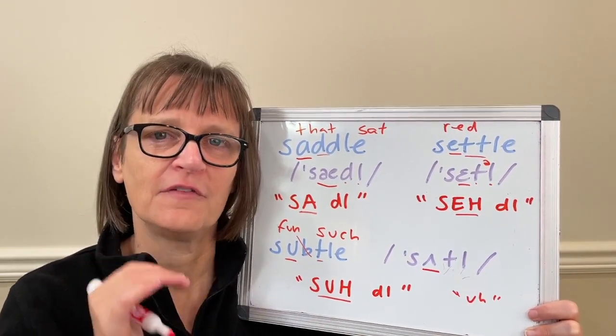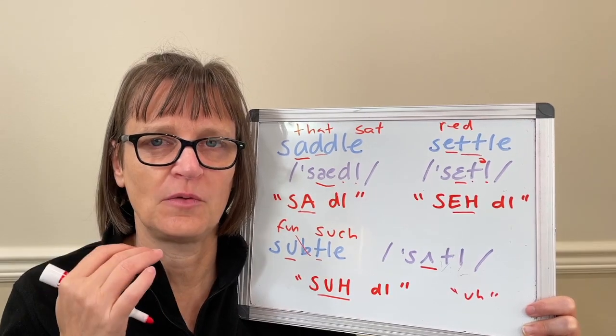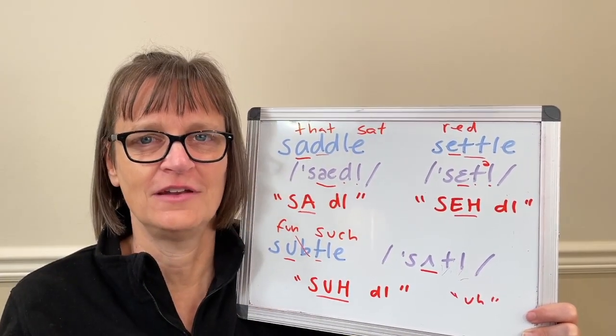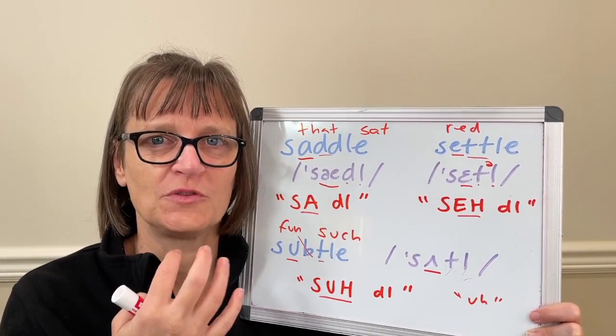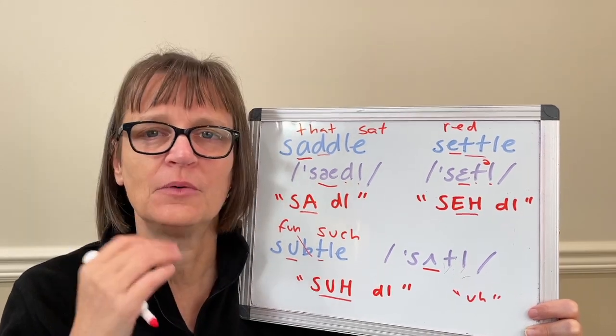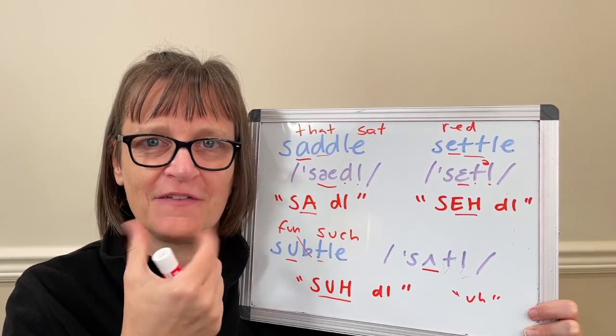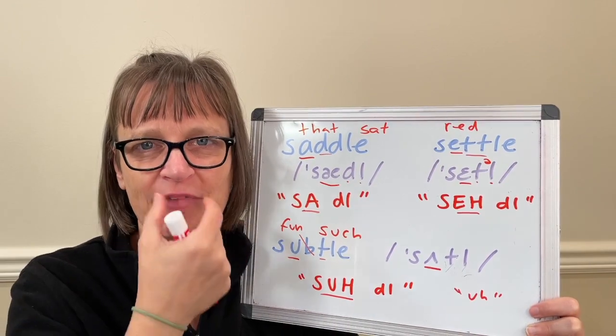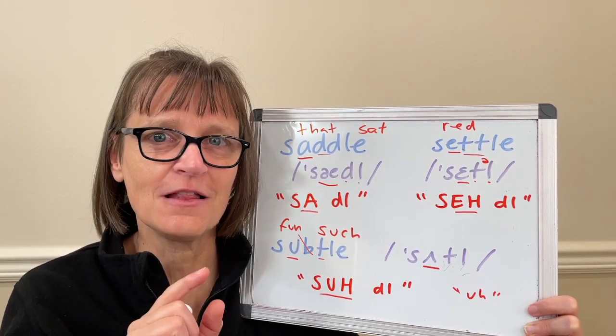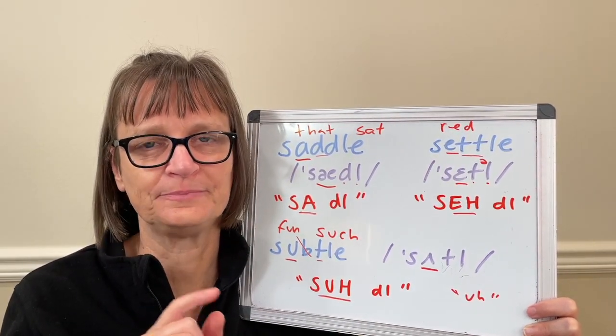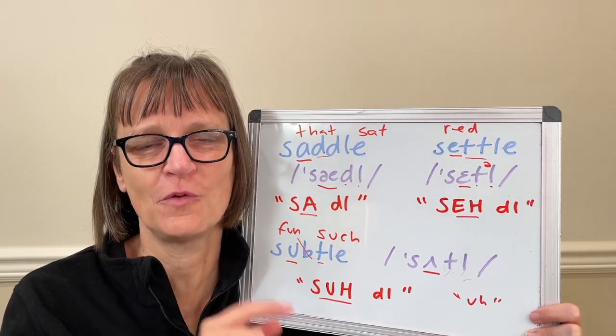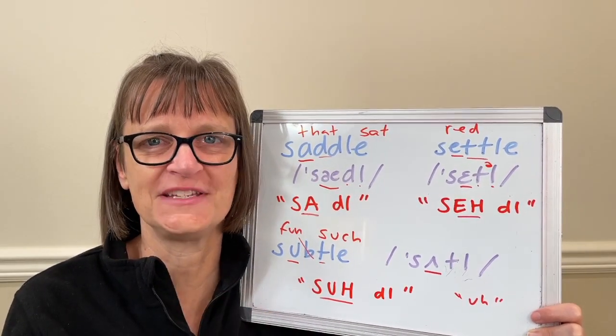correct L. And if I don't lift my whole tongue, then I will avoid the non-English L, which would sound more like subtle. I don't want that whole tongue lifting. I want to make sure I have that lateral air coming off the sides of the tongue. Settle, subtle, and saddle. You can check out my video for syllabic L and for flap T on our Sounds